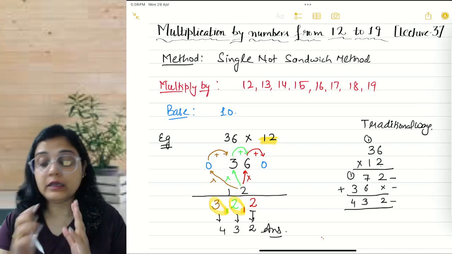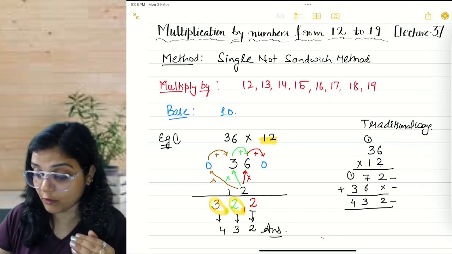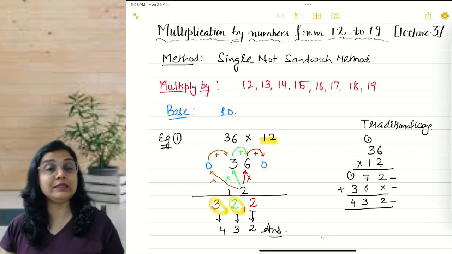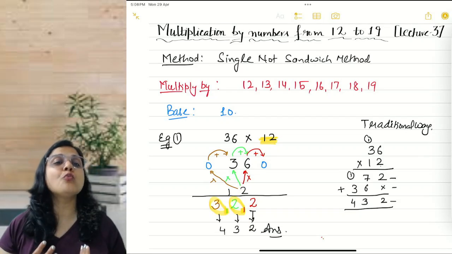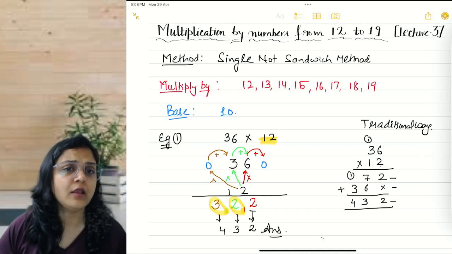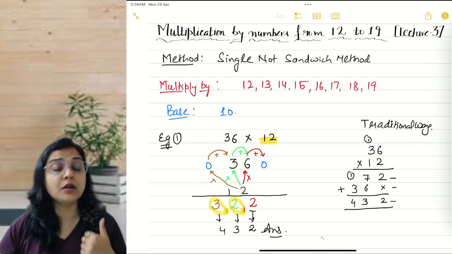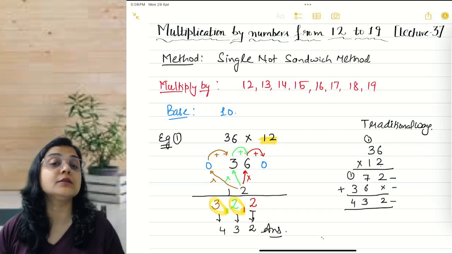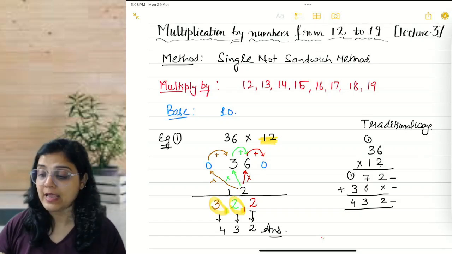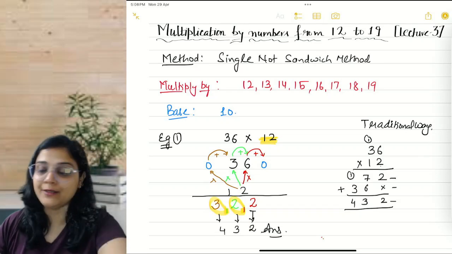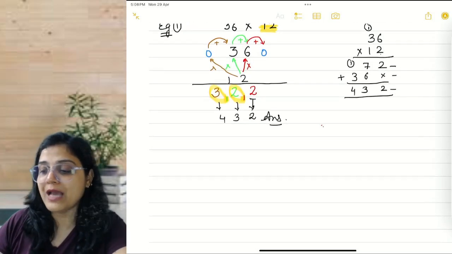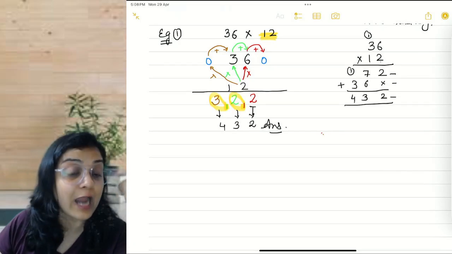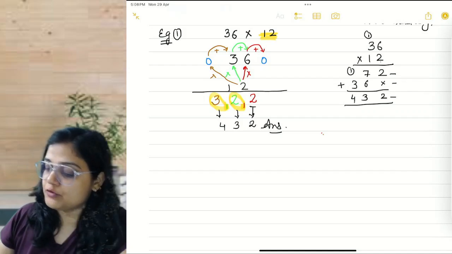Alright. So it may be possible right now, because you are doing it for the first time and you are so used to multiplying numbers by traditional methods, that you might find it lengthy in the beginning. But trust me, the way you had shown your trust in me in the previous videos, when you do it further, you will see that this is even simpler and easier. Let us go to example number 2 then. As usual, I am keeping example number 1 also on the screen so that you can see and relate.